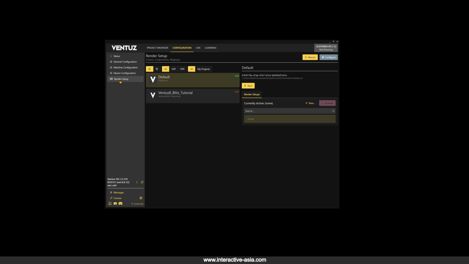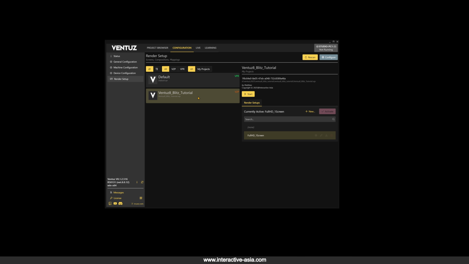Now let's select our render setup. In Ventuz, every render setup is assigned to one project. So that means each project can have a couple of render setups. As you can see here, our default scene has no render setup. If I